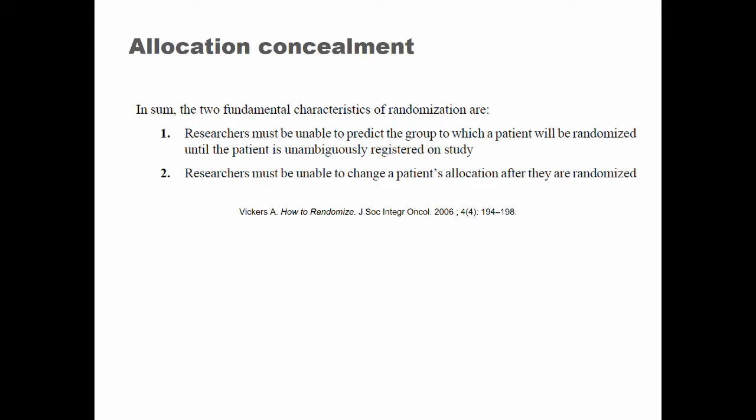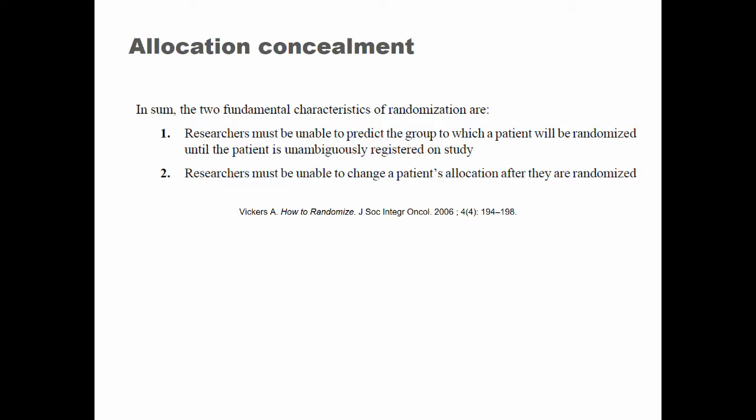randomization. But we also have to be concerned about what happens post-randomization. And so in order to do that, we need some additional steps. It's not enough to randomize. We have to make sure that the allocation is concealed. In other words, it's not enough to use some kind of a device to randomly assign patients. We also have to make sure that the clinicians or the people involved in the study don't know what those